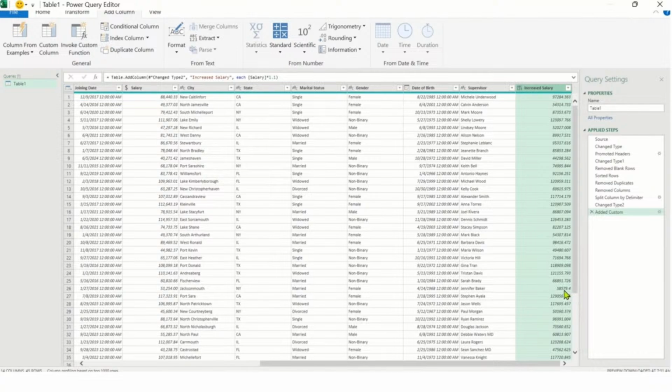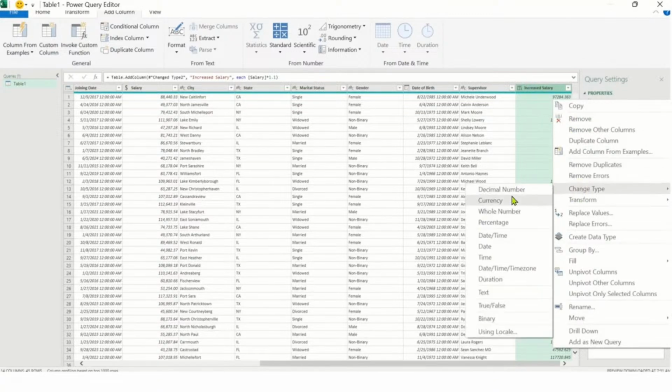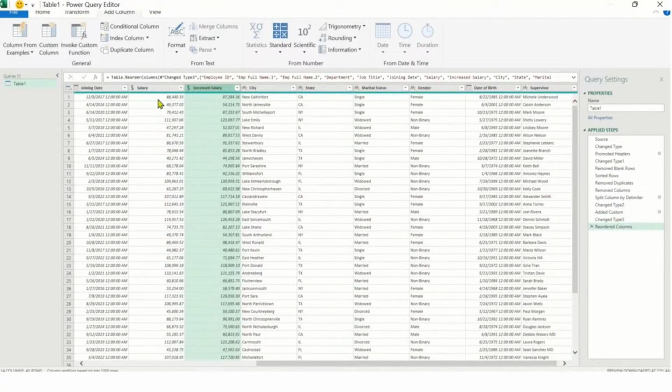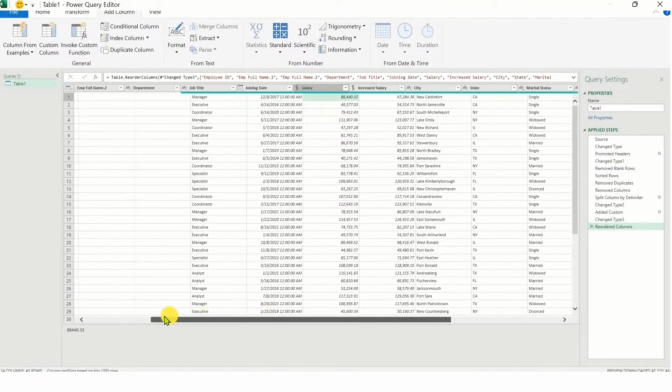गए फॉर्मूले के बेस पर कैलकुलेट की गई है। अब हम इस पे राइट क्लिक करके इसका फॉर्मेट चेंज कर लेंगे। क्योंकि सैलरी करेंसी फॉर्मेट में होनी चाहिए, इसलिए हम इसका फॉर्मेट टाइप करेंसी कर लेंगे और इस कॉलम को ड्रैग करके सैलरी कॉलम के पास मूव कर देंगे। ये देखिए, हमारे दोनों कॉलम सैलरी और इंक्रीज्ड सैलरी एक साथ आ गए हैं। हमने अपनी फॉर्मेटिंग लगभग पूरी कर ली है।